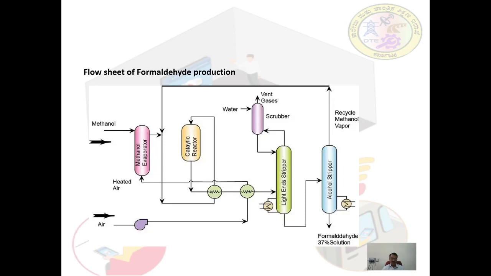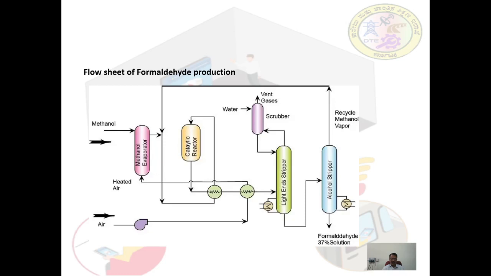This stream is sent to a light end stripper to remove any light compounds that got absorbed in the stream. The vapors from the light end unit, consisting of light end compounds, can be fed to the absorption unit at a specific location that matches with the composition of vapors in the absorption column.